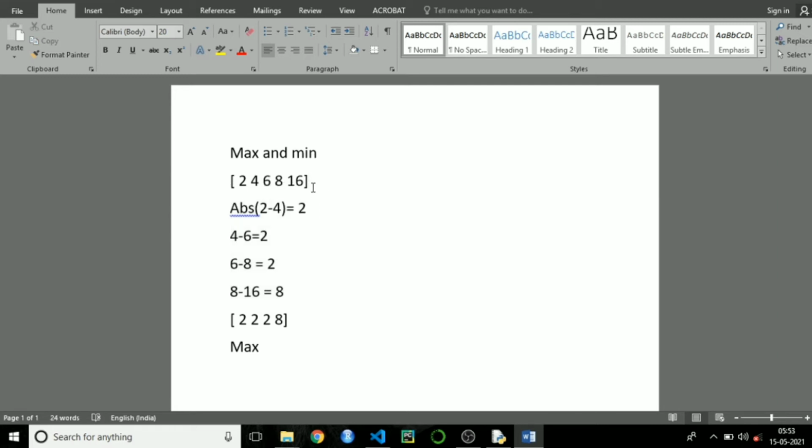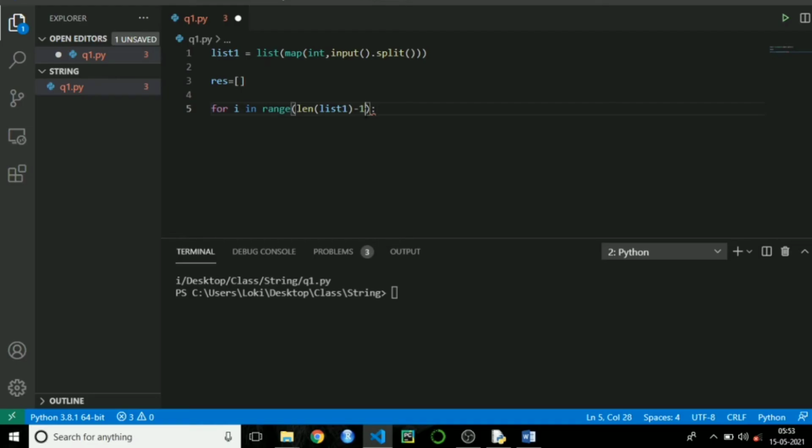If I consider the whole length of the list, the length will be 5, and then the for loop will run 5 times. I don't want the for loop to run 5 times; I need it to run 4 times. That's why I am subtracting 1 from the length of the list.